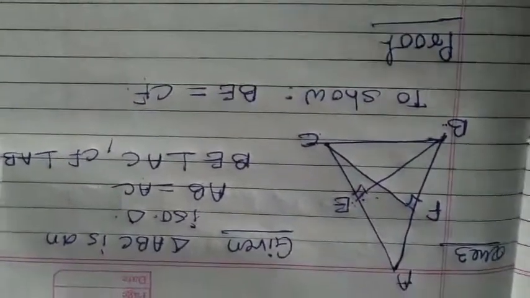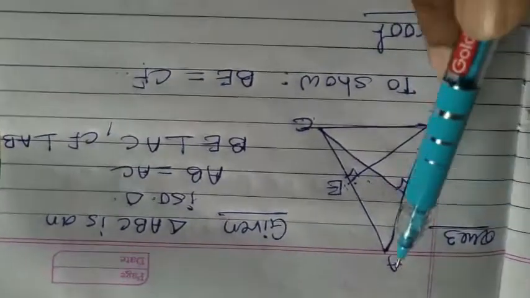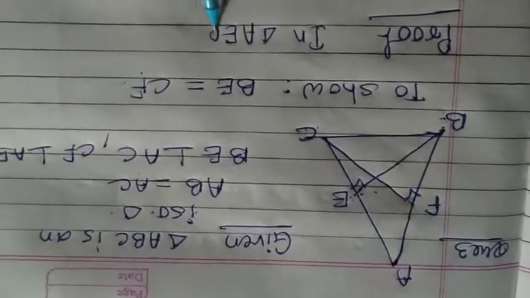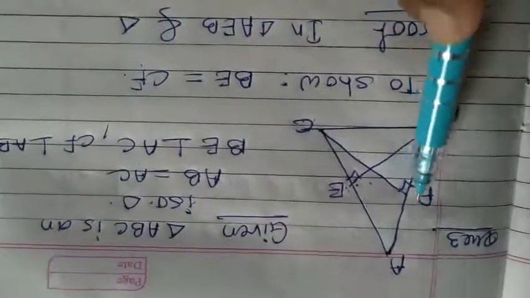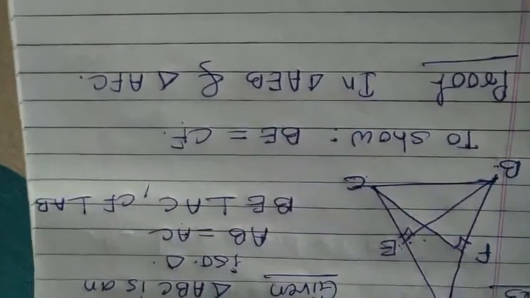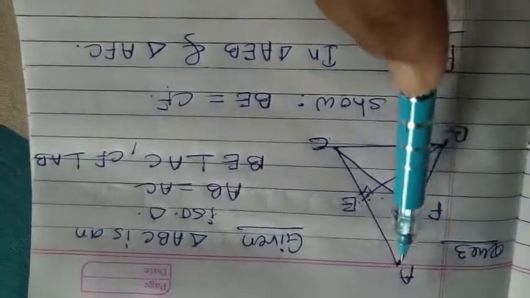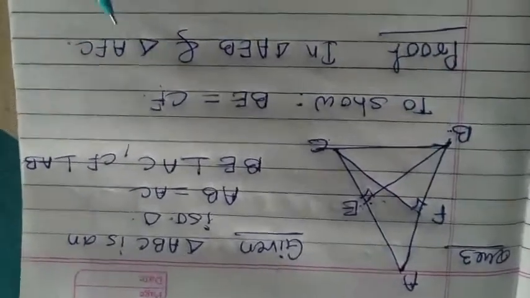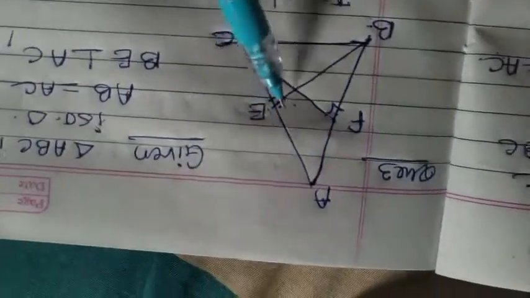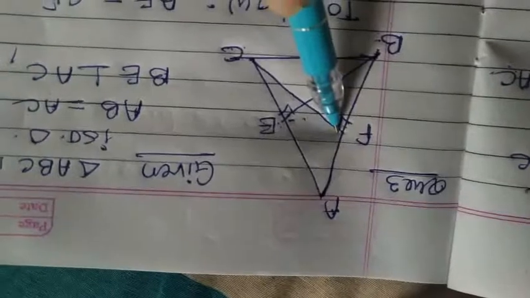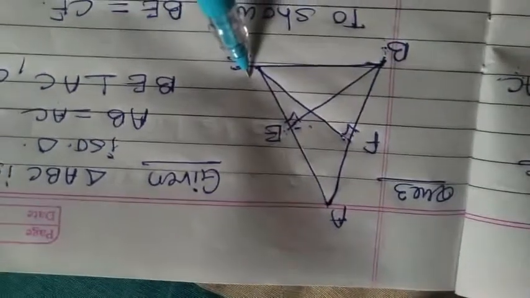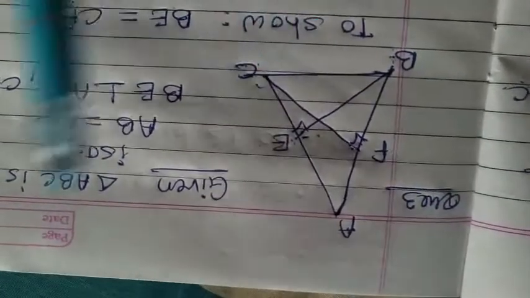Now consider the proof. Consider two triangles, here the triangle AEB and the second triangle AFC. Here we have to find only three parts which are equal. We can consider angle A, which is common in both the triangles. Angle E is a 90-degree angle, and angle F is also a right angle, 90 degrees, meaning these two parts are equal. And AB is equal to AC, which is also given, so three parts are given. We have to just collect that.